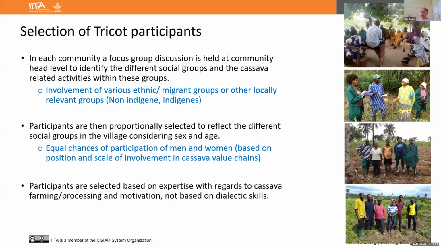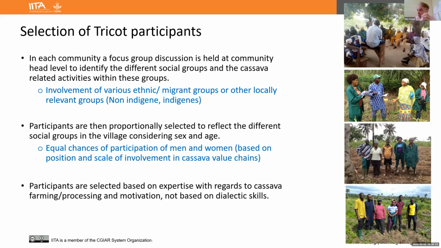So if you have a small ethnic group that was determined at the village level as important, as having another status, then we are going to see, is there processing expertise within that group? If there's no expertise there, or they are not cultivating cassava, it doesn't make sense, of course, to include them.